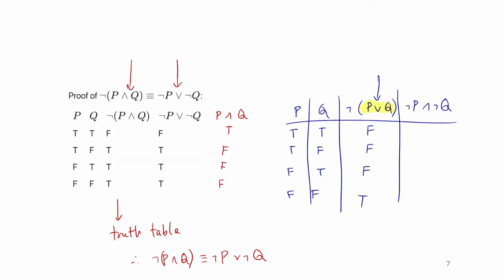Okay? And what you can do is do a similar thing, show that on all combinations of inputs, not P and not Q have the same outputs as the third column. Right here, this ends up being false and false. This ends up being false and true. False and true, true and false, and this is true and true, which is true. So what we're showing is that on all combinations of inputs, these two things give the same results, therefore